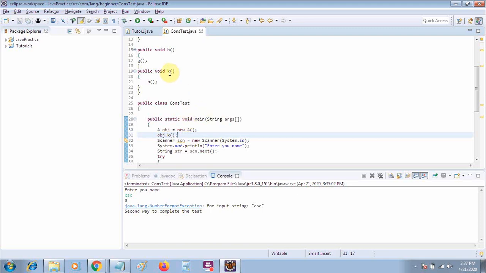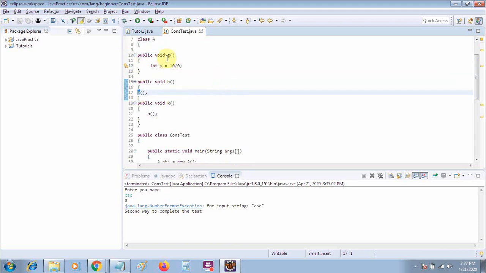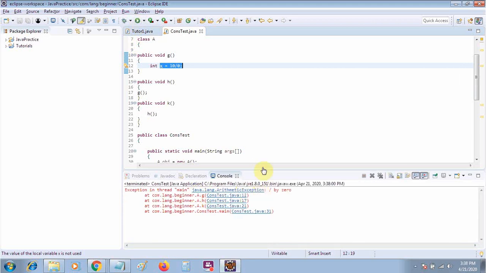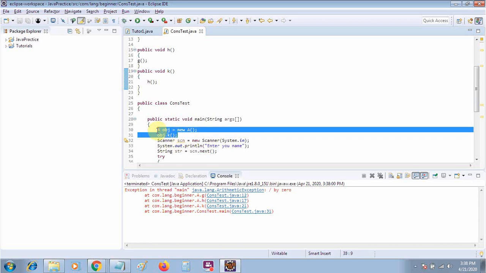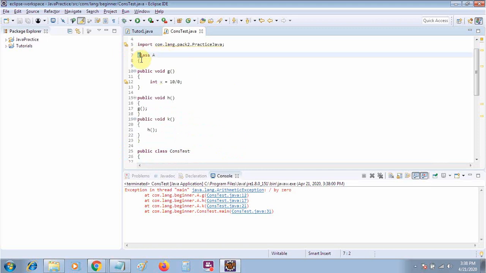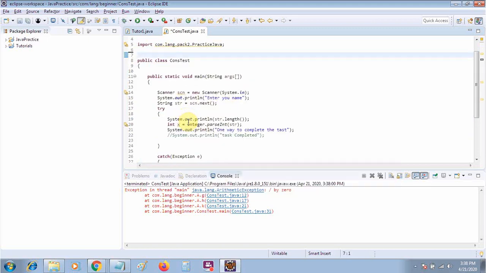We will call K, K will call H, then H will be called. Now H will call G. Now G will execute some code and here some exception will appear. So this event or this kind of structure is known as exception propagation. You must know about exception propagation: when an exception appears at one class or place, it is followed through multiple classes or places. It's not that important, but you should know.